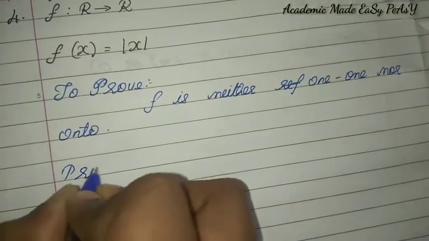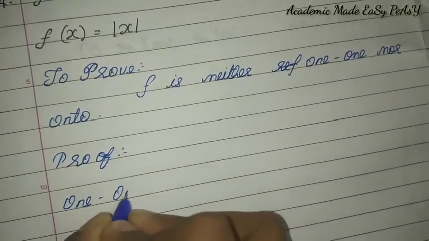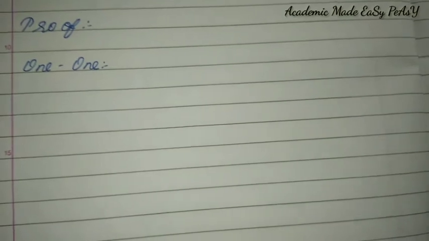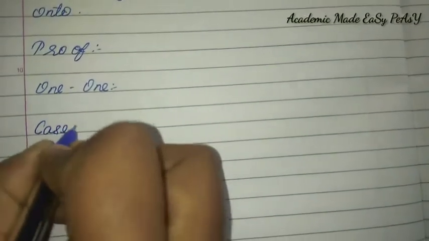Now proof. First 1 to 1. So in this mod function, we have to take three cases. Why? Because modulus of any number will give the number in positive. Even the negative numbers will be converted into positive number when we remove the modulus, isn't it? So only we will be taking three cases. Case 1 will be